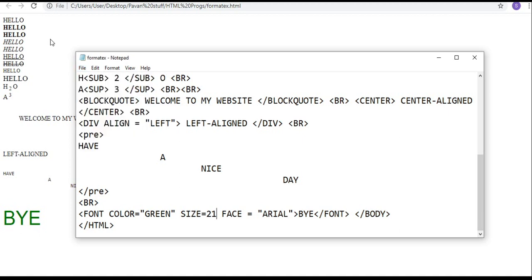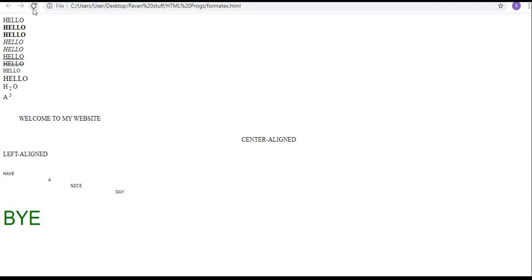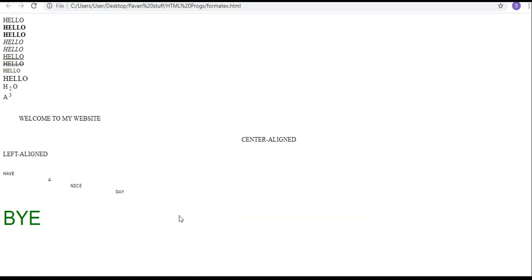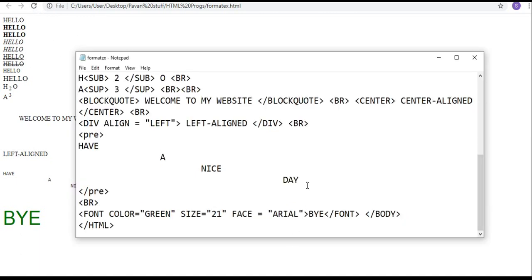File, save. There is a problem. What is that? If it is in double quotes, will it increase? File, save. There is a problem. We'll check it out.